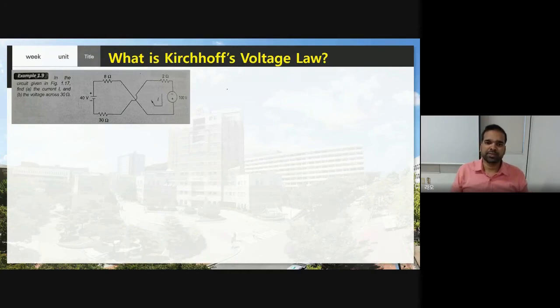Hello guys. In my last video, I explained Kirchhoff voltage law. As per this law, we can find unknown parameters in a given circuit. If you want to apply KVL in any given circuit, we first need to check a few things. First, whether it is a closed circuit or not. You can apply KVL only for what? A closed circuit or closed path. Clear. The next one is what?